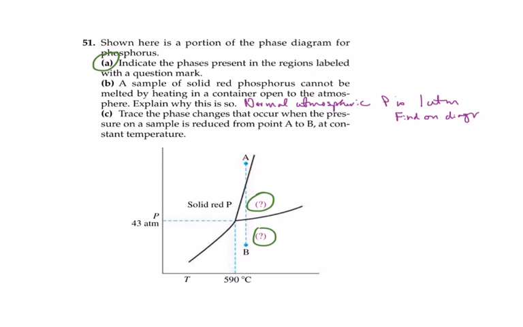Oh my gosh, that's terrible. So you know actually 1 atmosphere's got to be down here somewhere. But 1 atmosphere is down here, and let's go ahead and say you jack up the temperature. Well, if you jack up the temperature, it's going to go straight from what? Yeah, that's why it doesn't melt. Trace the phase changes. So if you go from A to B, you're going to start out as a thing and go into a thing and then end up as a thing. Okay, I don't mean to do your homework for you, but